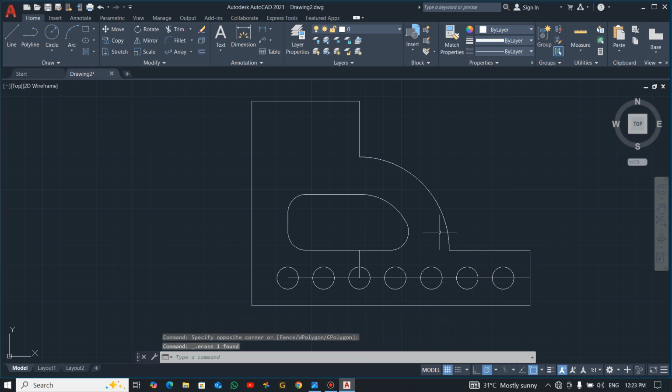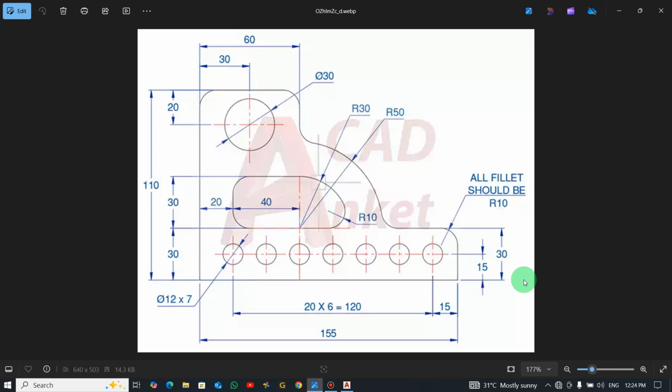Okay, now the radius is also 10. That's the fillet, so you can use the fillet command, radius of 10. Let's fillet, press enter again, enter again to fillet this side, enter again to activate your previous command. Alright, now you can see remaining this circle with a diameter of 30 and the distance is 20,